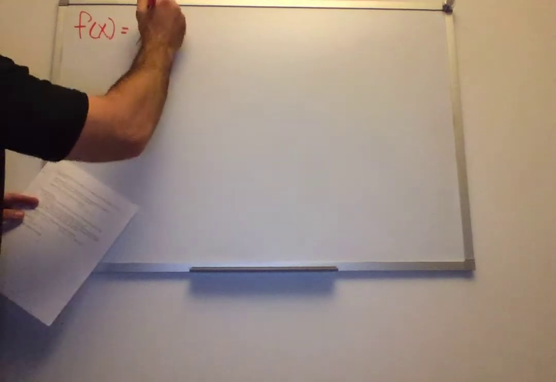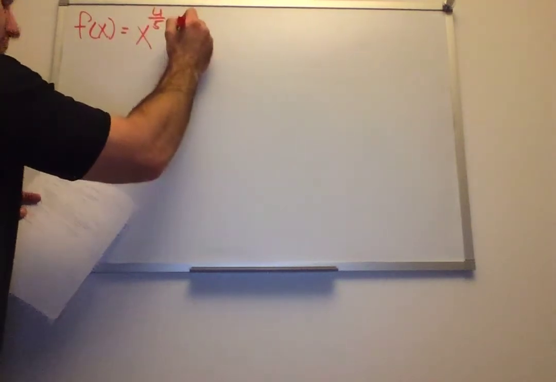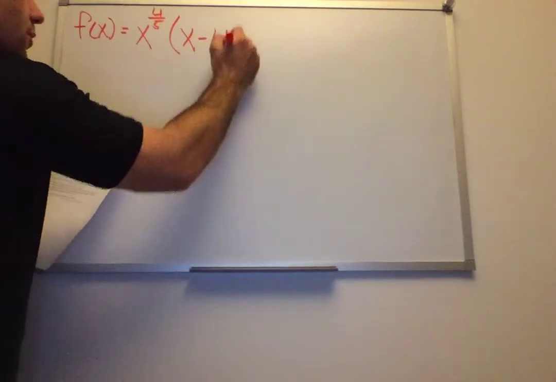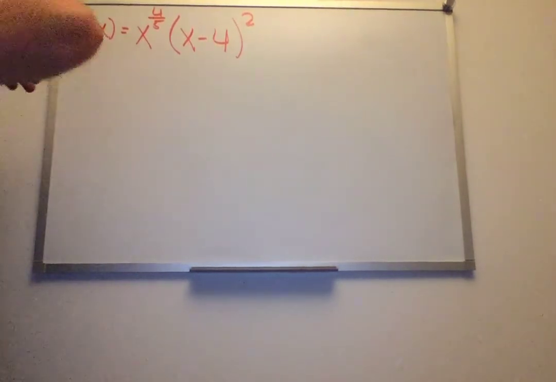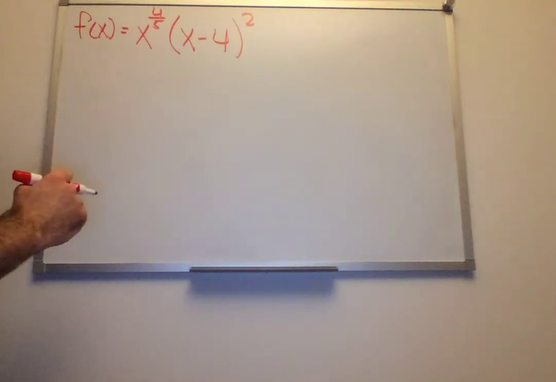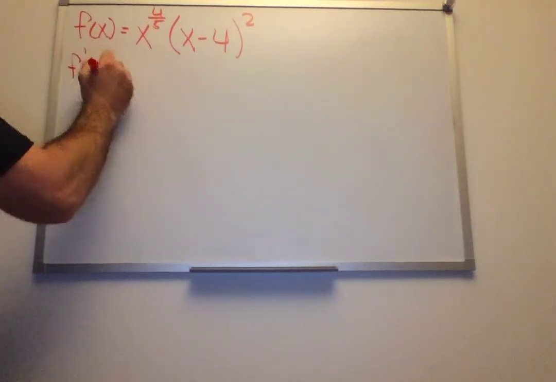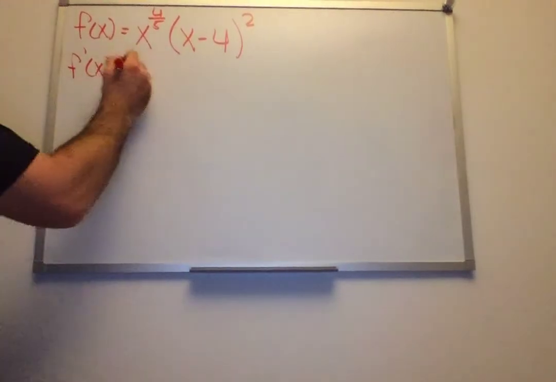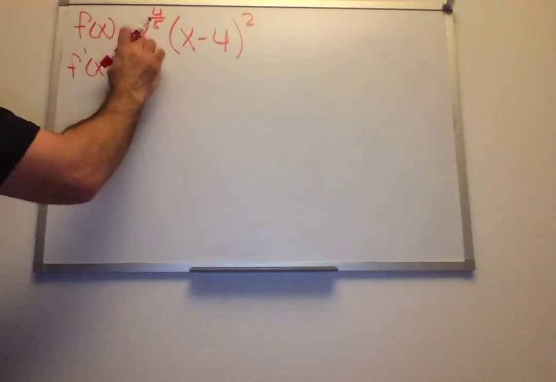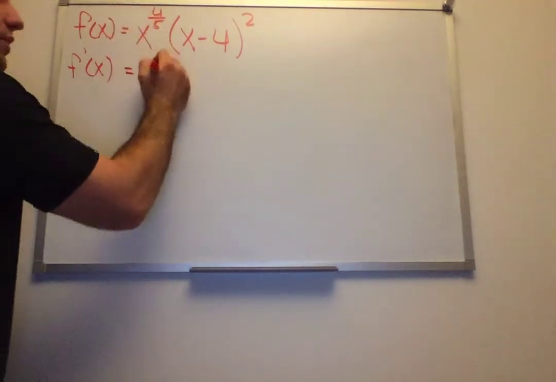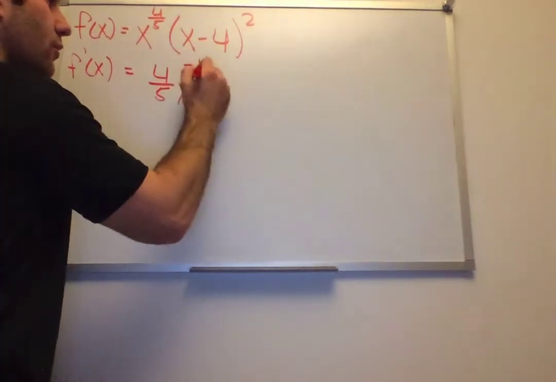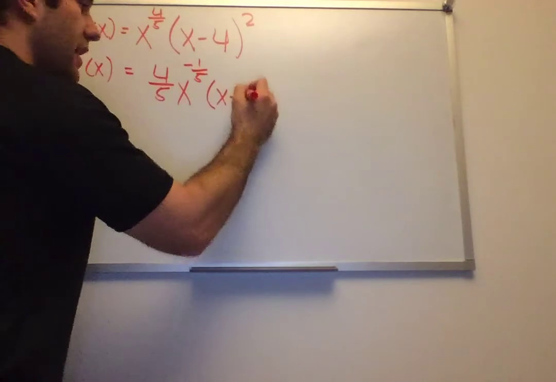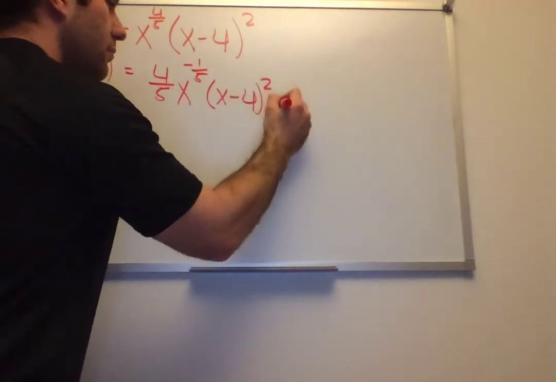F of x equals x to the 4/5 power times (x minus 4) squared. So, first thing, let's go ahead and take the derivative. F prime of x is equal to, we're going to use a product rule, derivative of the first function, so it's a power rule, 4/5 x, minus 1 from the power, you get a negative 1/5, times the second function, (x minus 4) squared, plus